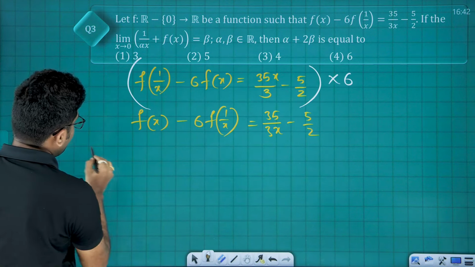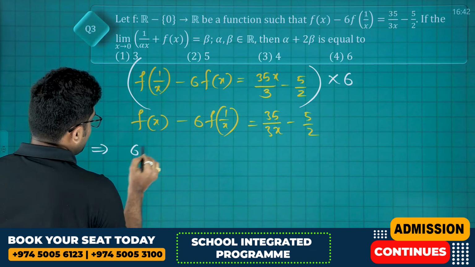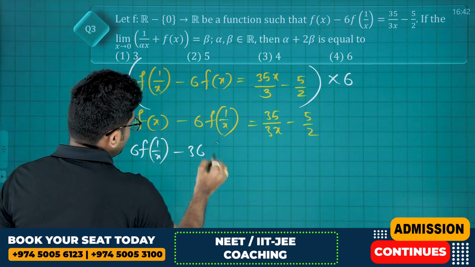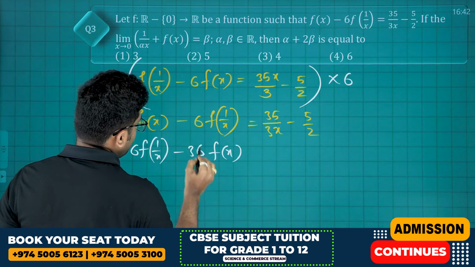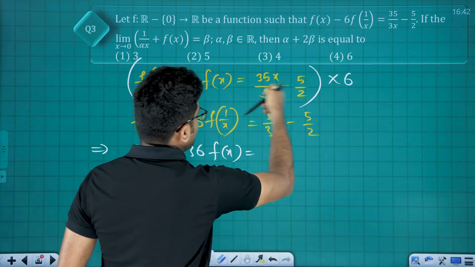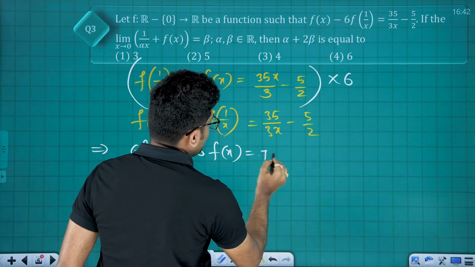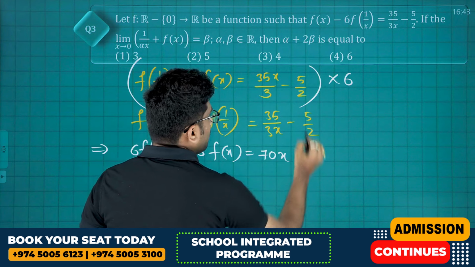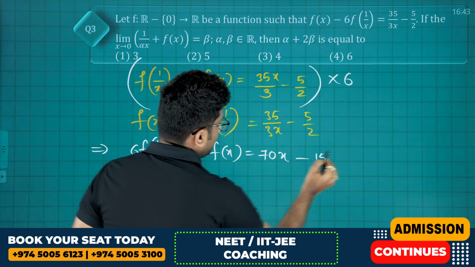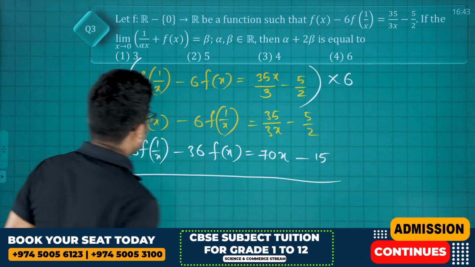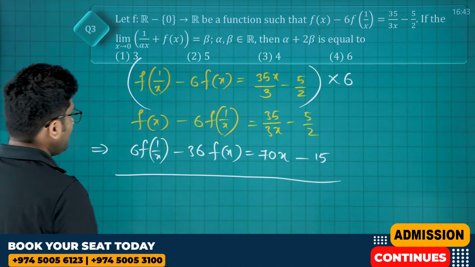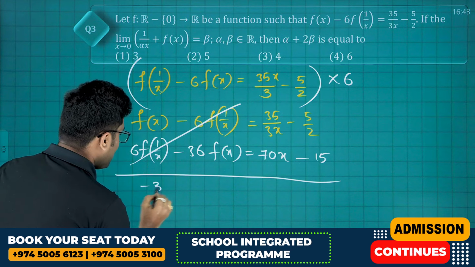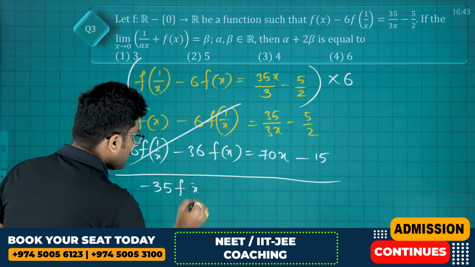So if we multiply the first equation by 6, we get 6 times f of 1 by x minus 36 times f of x is equal to 35 by 2x. So 70x, correct? 3 ones are 3, 3 twos are 6... 35 by 2, 70x, minus 5 threes are 15. So that becomes this. Now what to do? Add them. If you add them, f of x minus 36, that is minus 35 times f of x is